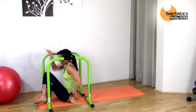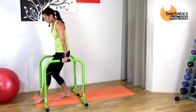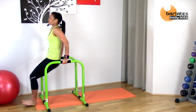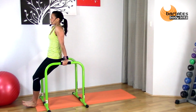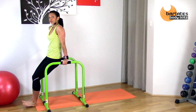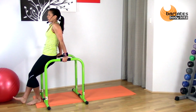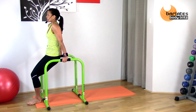Okay, now coming back up, and we're going to do tricep dips. So I want you to bring your equalizers close enough together and just like this, dipping down between them, holding your tummy in, coming down all the way and pushing up. The further your legs are away from your core, the harder it is. So if you want to stretch all the way out, you can do that, or if you find it too tough, come all the way in. As long as you're going all the way down and up,